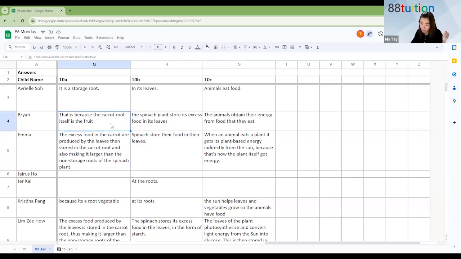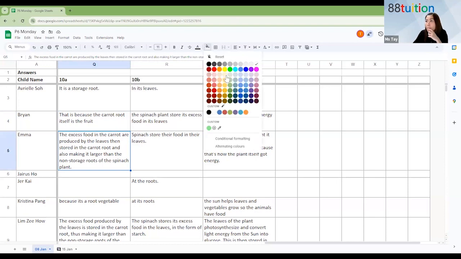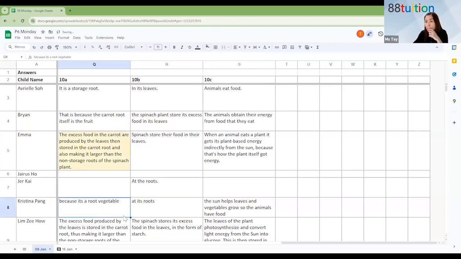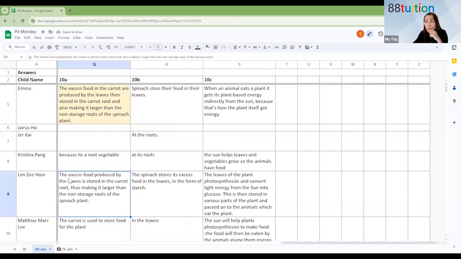Then talk about the spinach plant. It doesn't have the storage roots, so it doesn't store the excess food there. Okay, see how the excess food produced by the leaves